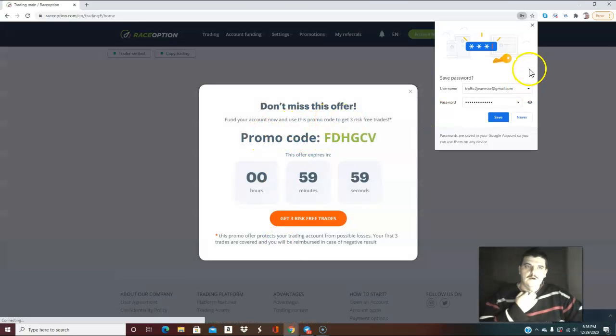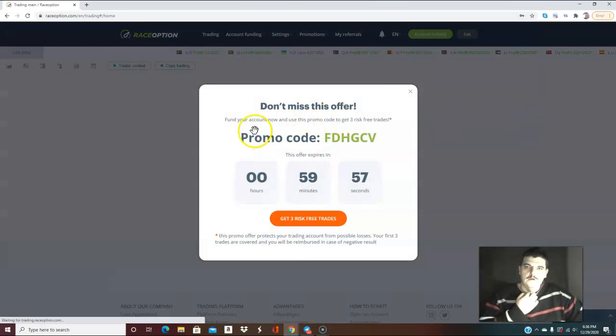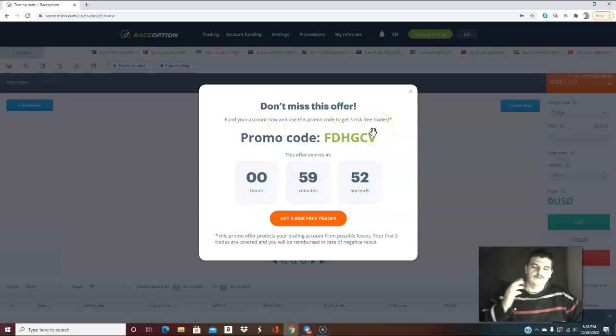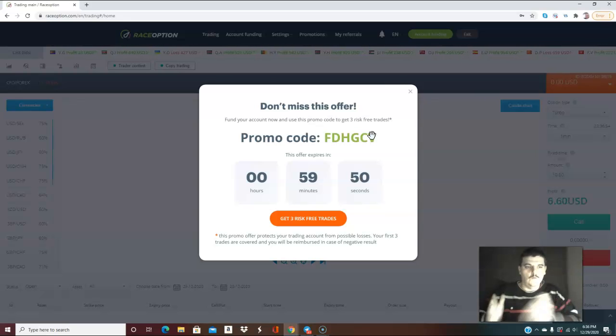So it says, don't miss this offer. Fund your account now. Use this promo code. Get 3 risk-free trades. So I believe you can only use one promo offer at a time. I personally like the 100% or 200% matching bonus because that gives you more